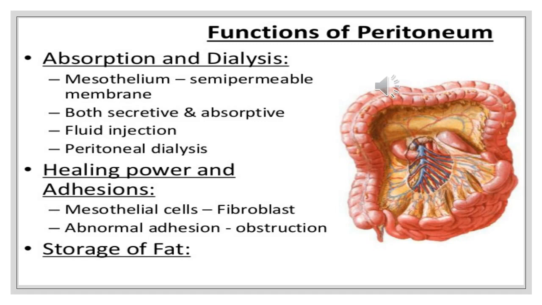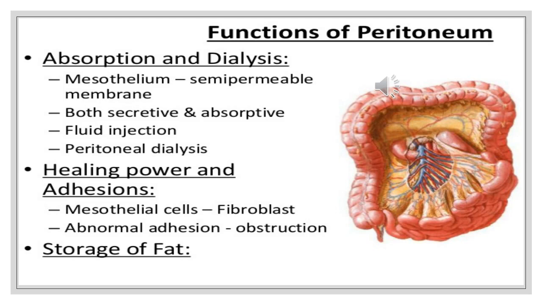The mesothelium acts as a semi-permeable membrane across which fluids and small molecules of various solutes can pass. Thus, the peritoneum can absorb fluid effusions from the peritoneal cavity. Water and crystalloids are absorbed directly into the blood capillaries, whereas colloids pass into the lymphatics with the aid of phagocytes. The greater absorptive power of the upper abdomen or subphrenic space is due to its larger surface area and because respiratory movements aid absorption.